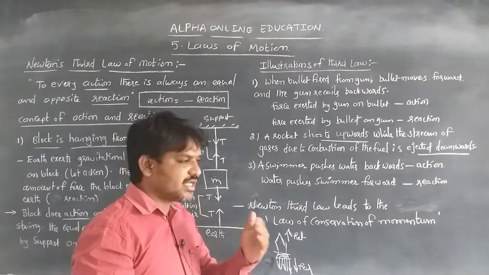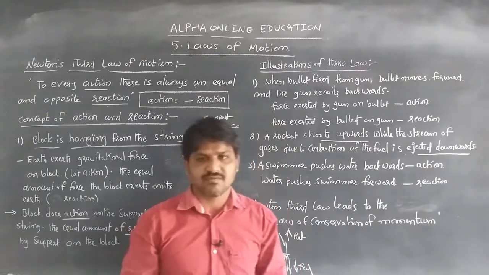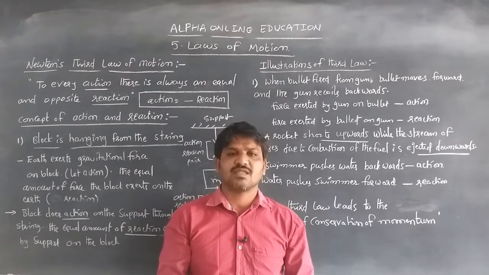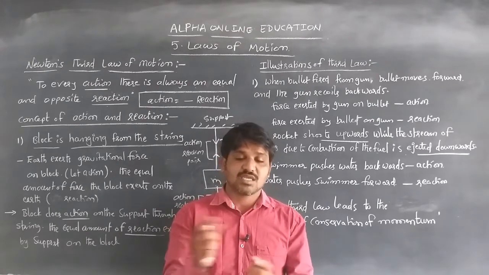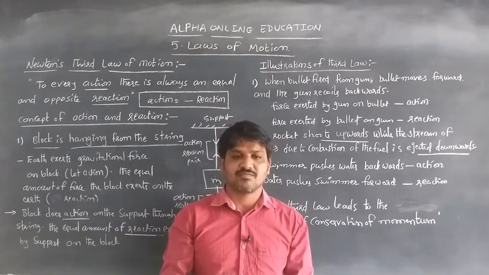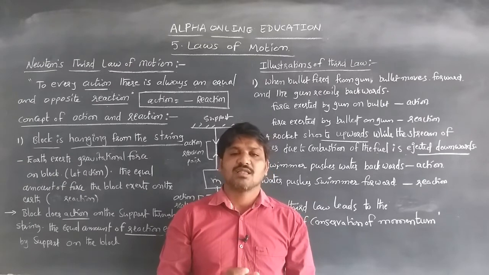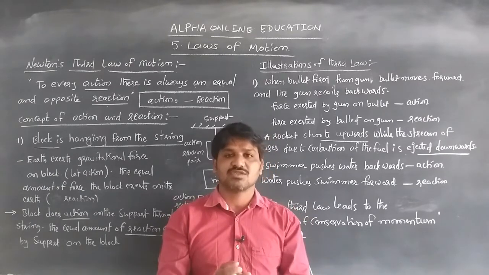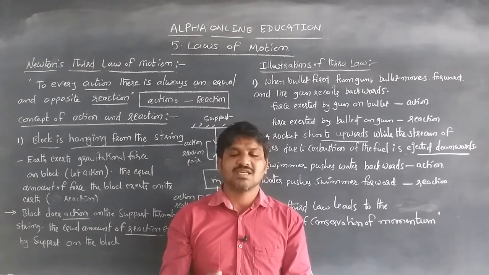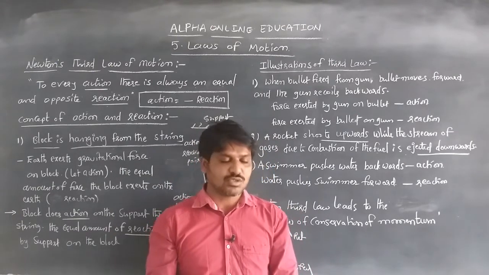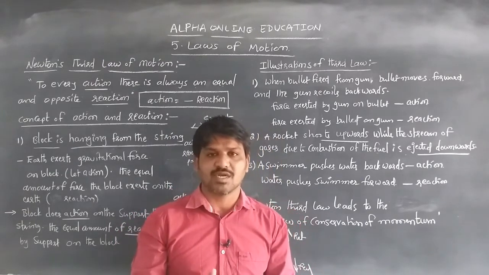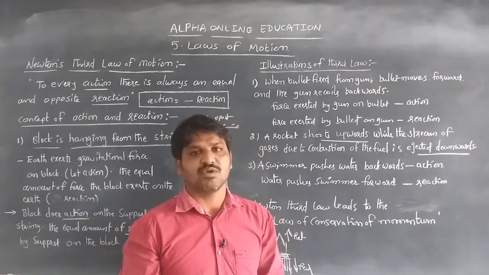Whenever bodies are moving with specific velocities before a collision, after the collision they move with different velocities and change their momentum, but the sum of the total momentum, initial and final, is the same. The sum of the initial momentum is equal to the sum of the momentum after collision, when they move with different velocities. That is the law of conservation of momentum. So Newton's third law leads to the law of conservation of linear momentum.